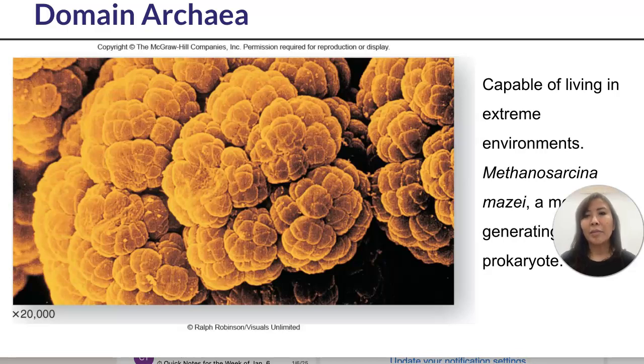So we tend to find them in really hot volcanoes and very salty environments, and they're prokaryotes. They are similar to bacteria in that they don't have a nucleus, but what distinguishes them is the environments that they live in. Also, they have some different composition in their cell membrane, that is the outside of their cell. The lipid, which is fat, and we'll talk about that later on when we do macromolecules, the composition is a little different.